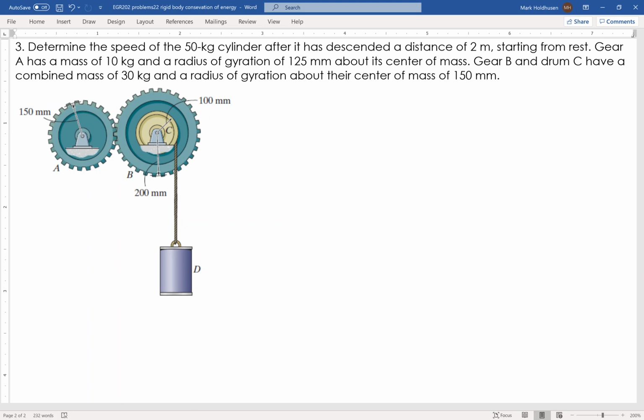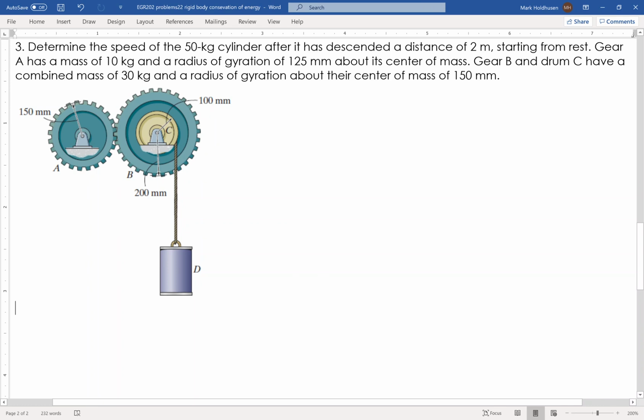The only thing acting here is gravity, so we're going to use conservation of energy on this system. Since energy is conserved, we'll go ahead and write: